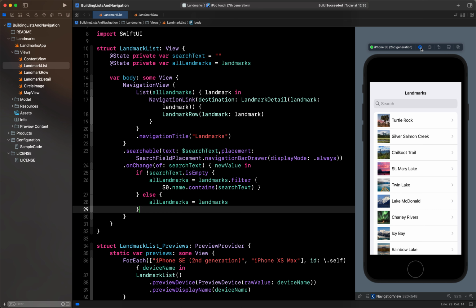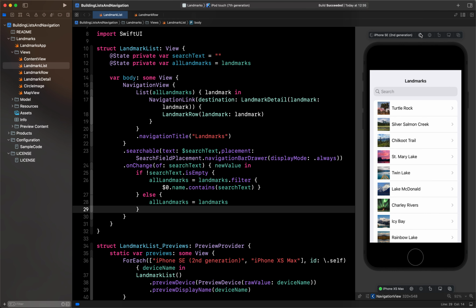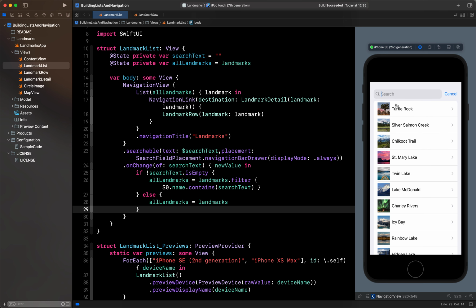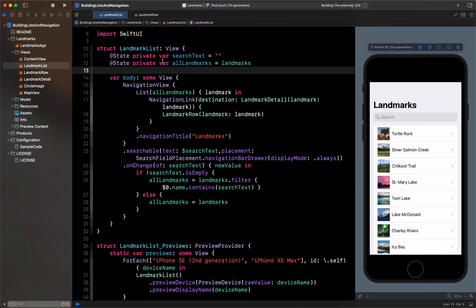So now let's run it again, and now let's type something. Okay, so it's not working here. Let me run it on the actual simulator.